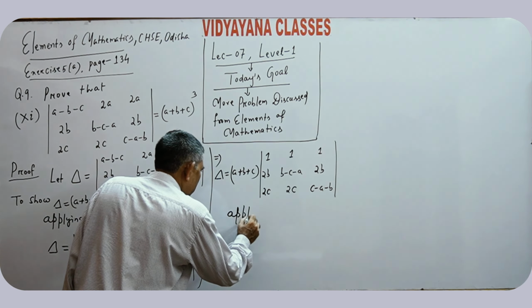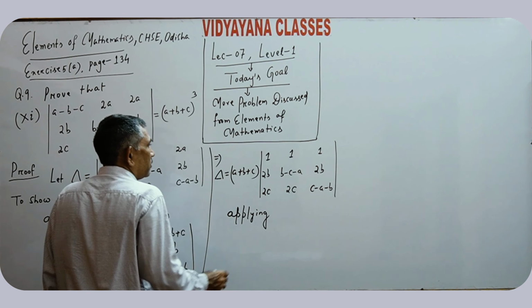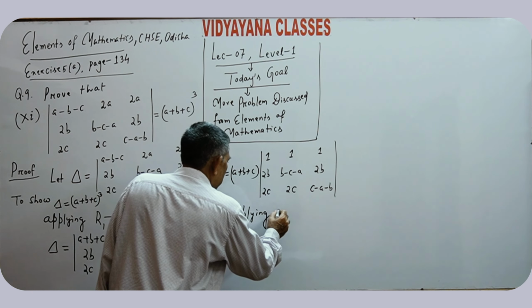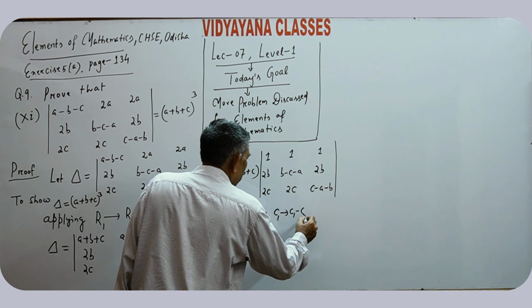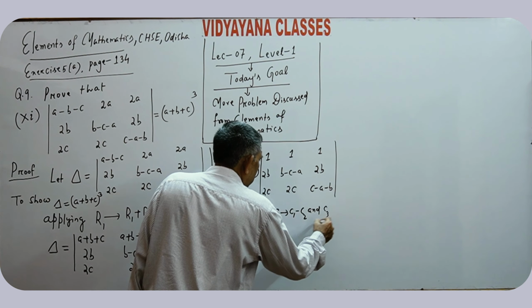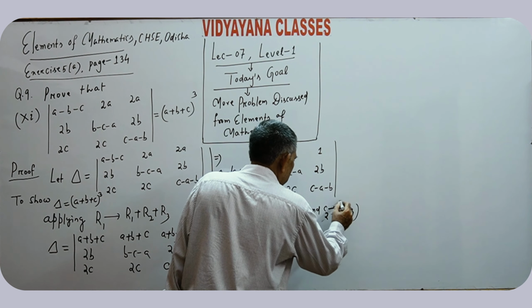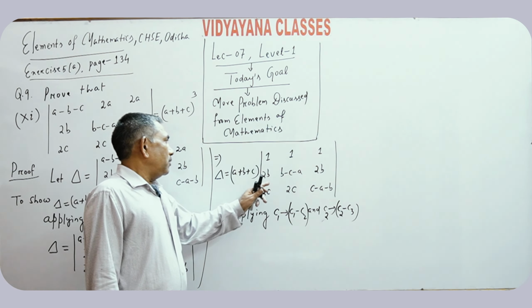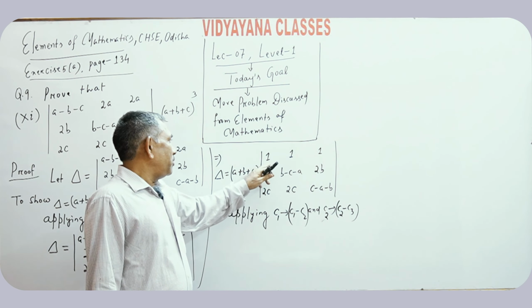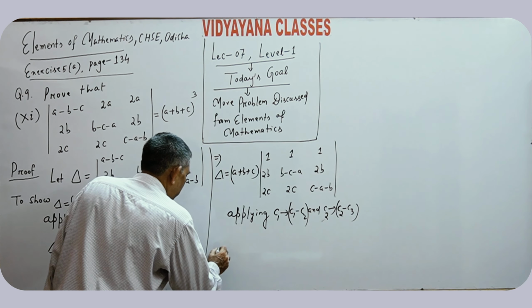Applying C1 replaced by C1 minus C2 and C2 replaced by C2 minus C3. C2 minus C3, C1 is replaced by C1 minus C2. Our motive is to get the maximum zeros in any row or column, which is the same as